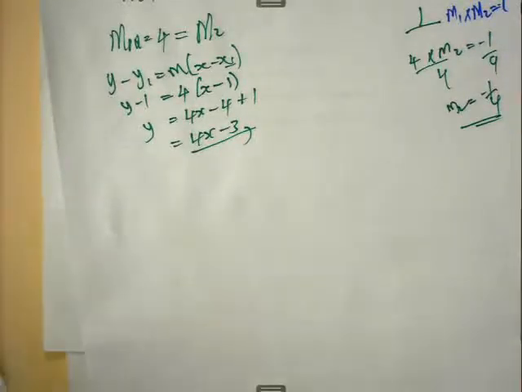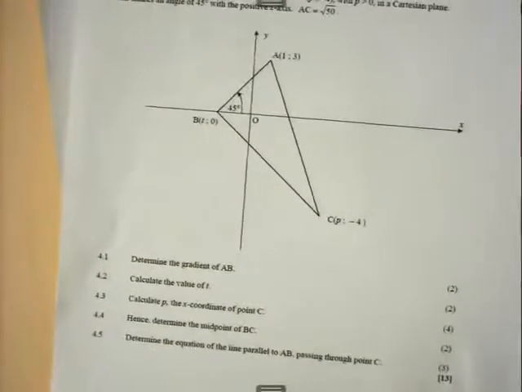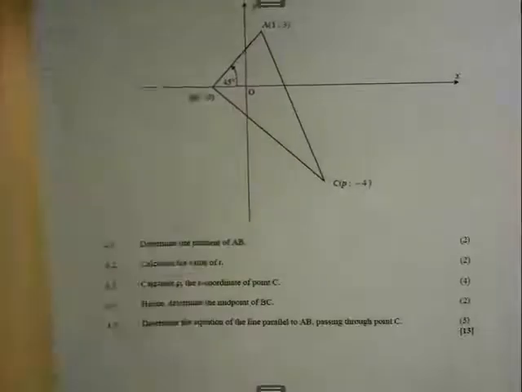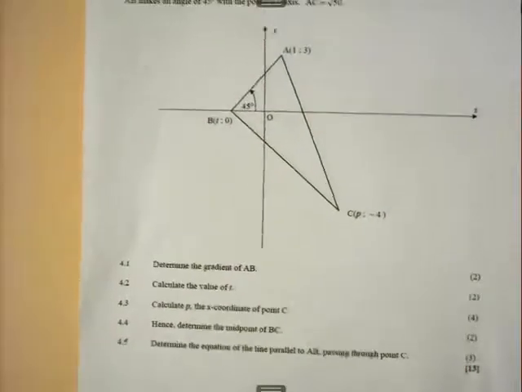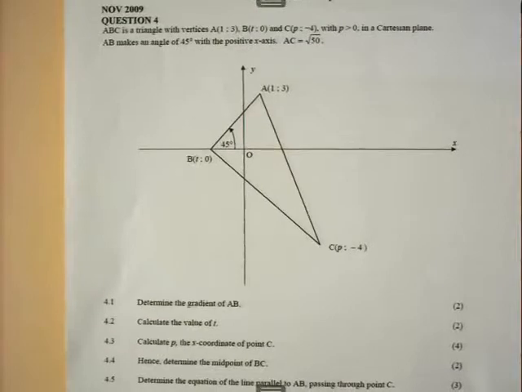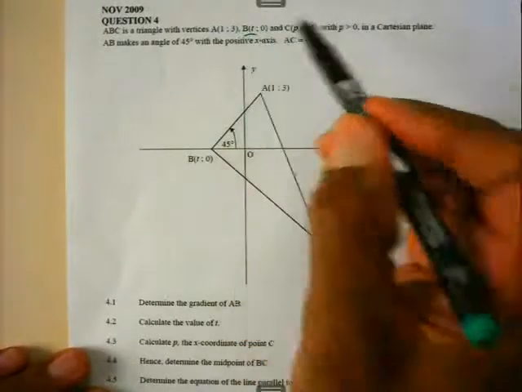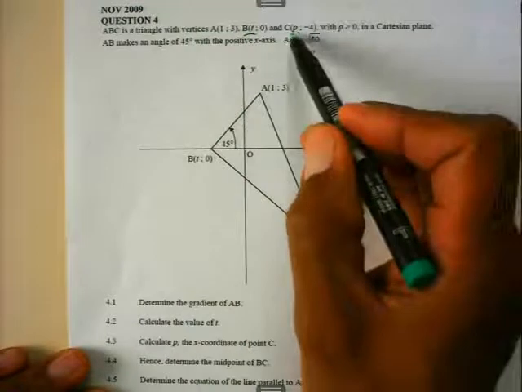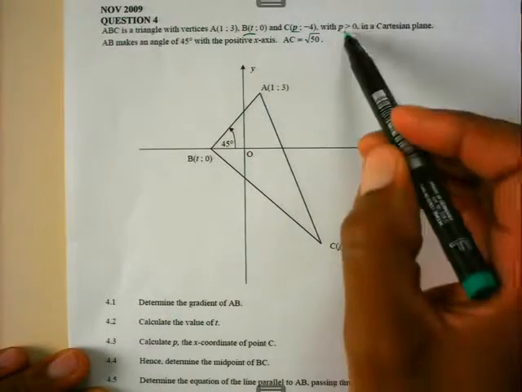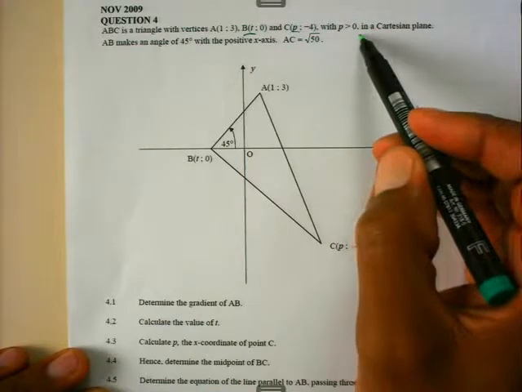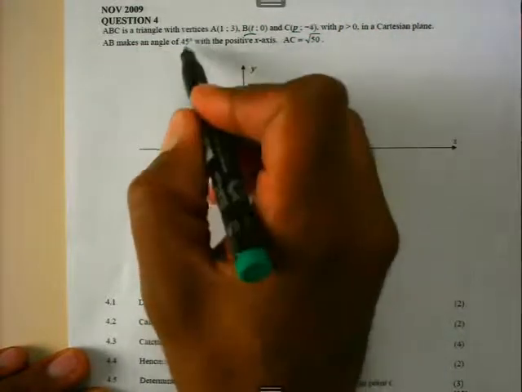Right, now, before we take the break, which will be in 4 minutes time from now, let us quickly look at this question. Boys and girls, it's very important to read the instruction. ABC is a triangle with the vertices A, B. I'm interested in B. What are the coordinates of B there? It's 2 as well as 0. And C is P and minus 4, with P being greater than 0. Then in the Cartesian plane, AB makes an angle of 45